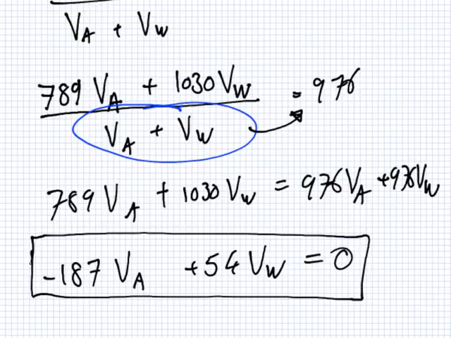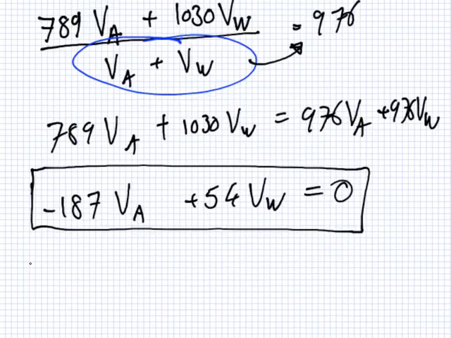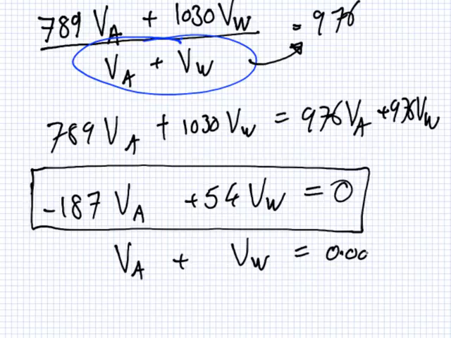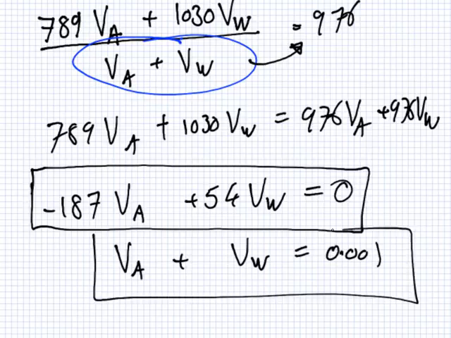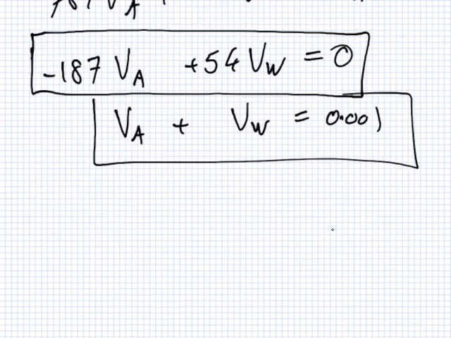So we can solve this using elimination, whatever method makes our hearts happiest. But right now I'm just going to use the calculator because I'm tired. Minus 187, 54, 0, 1, 1, 0.001. So when you solve this, you will get